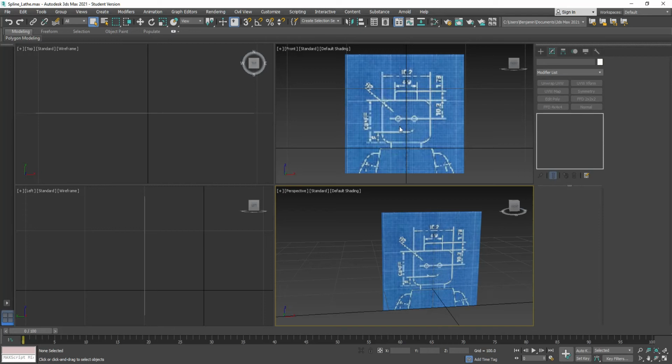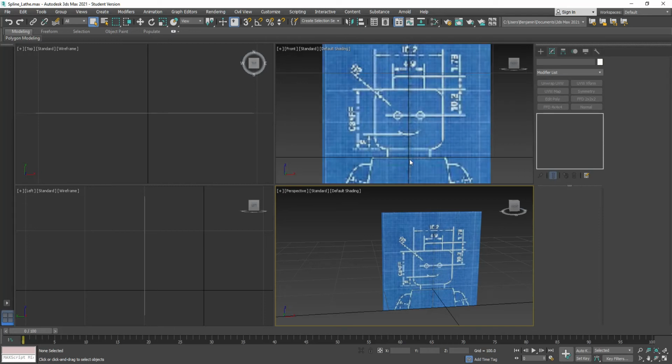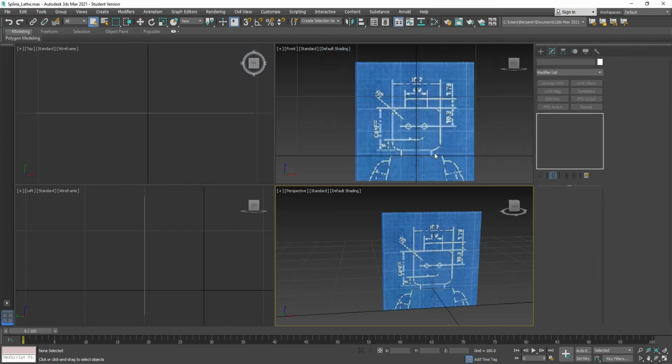In my front view, it's perfectly lined up here so that it's centered with the base at 0. All right? And so for a number of my tutorials, I'm going to provide you with reference like this. So how do you get a Max scene like this with an image and get it in place? Well, I'm going to come over here and go to,